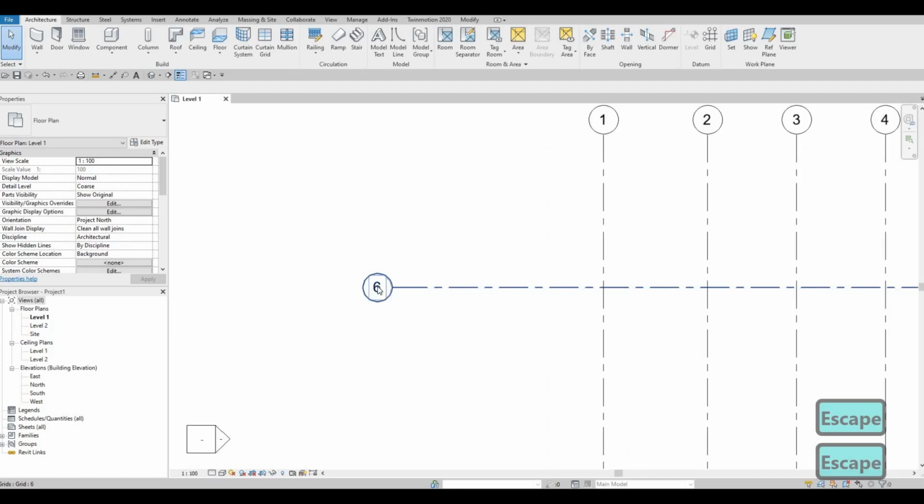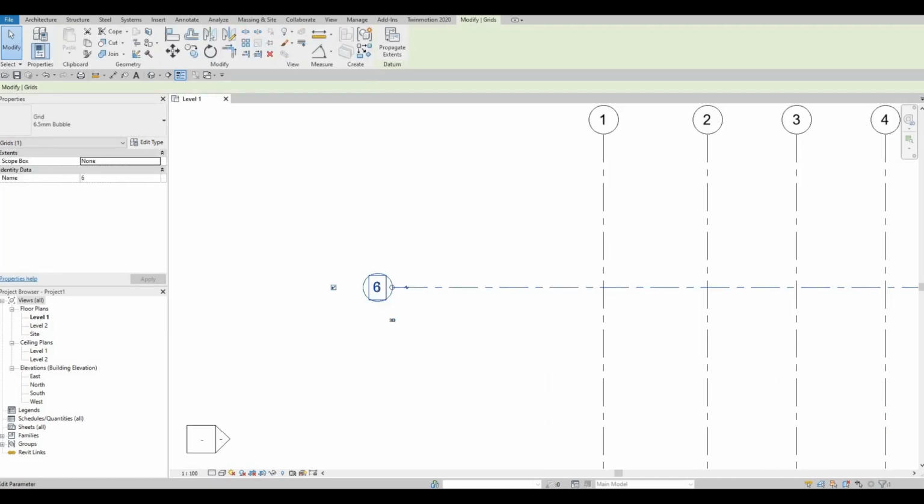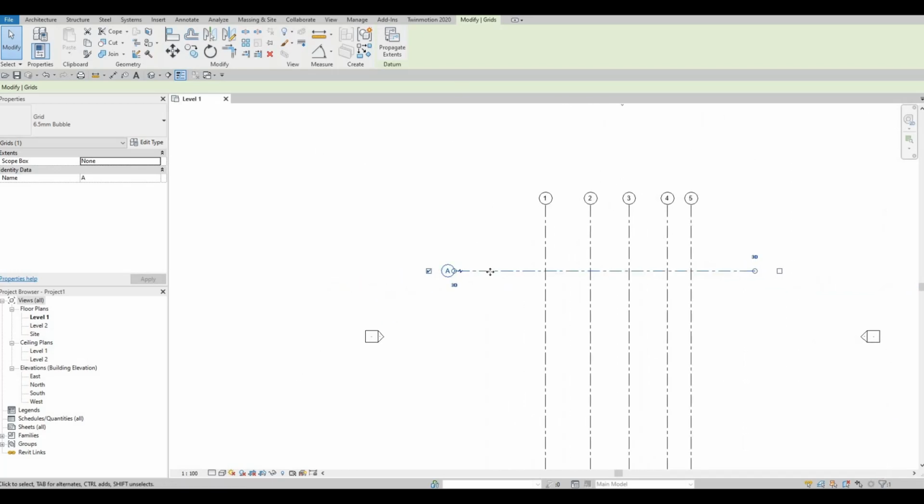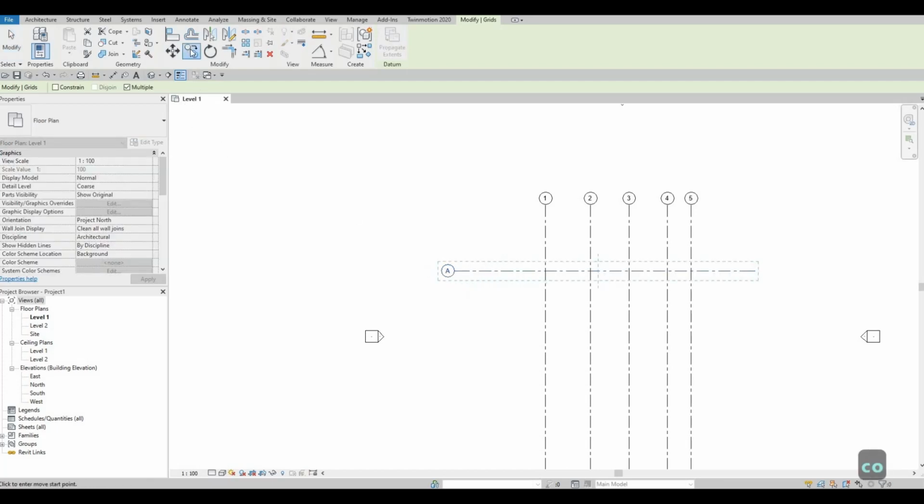You can then zoom in and select that grid bubble. If you click that twice, you'll be able to change it. So I'm gonna put capital A and then enter. Zoom out, and now we'll be able to type in CO because it's already selected, and it's basically the same thing as going to Modify and clicking on the Copy command. Multiple is already checked, so that's good. We could then pull it down. So I'm going to pull it down